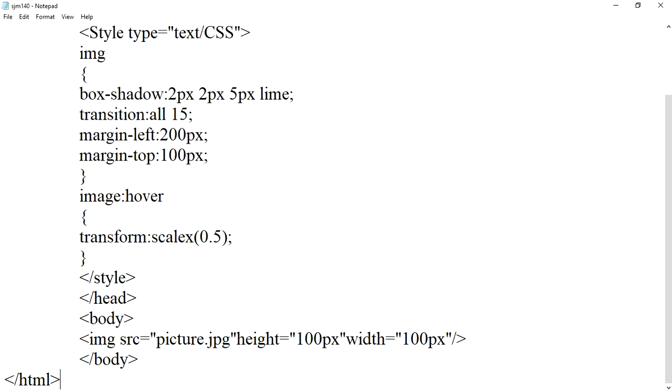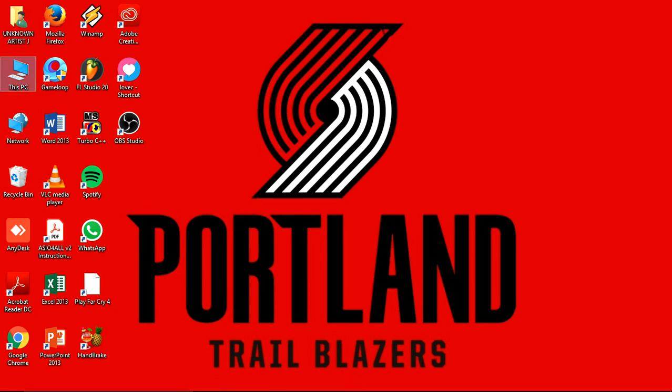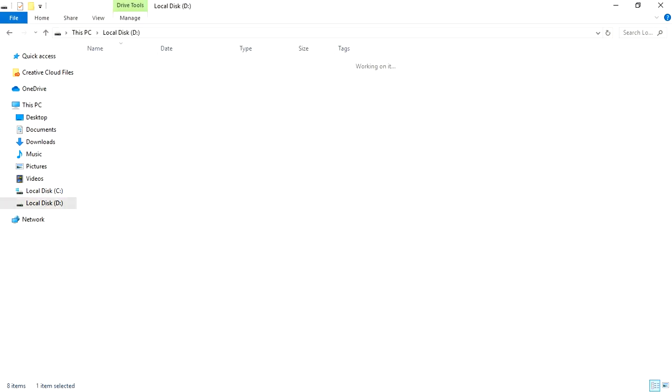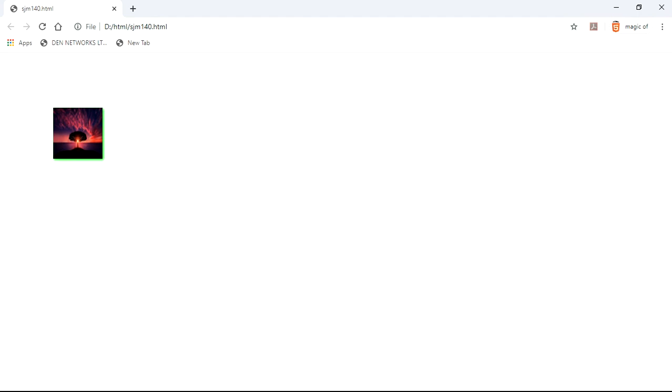So now let us check the output. HTML folder and 140th program, and if we'll click on here it will shrink the image. So this is the basic output of how to use scaleX method,